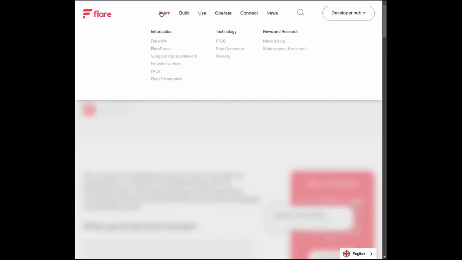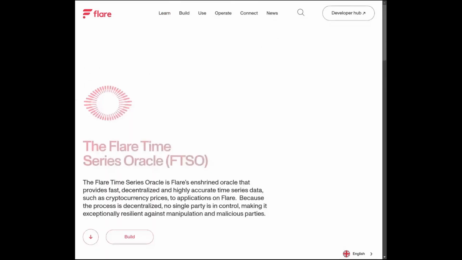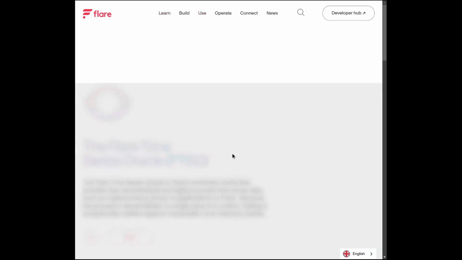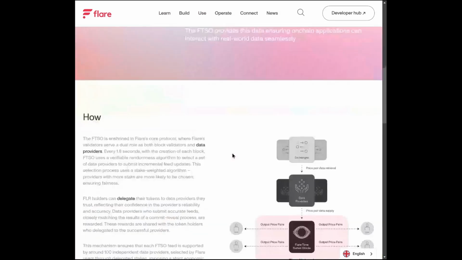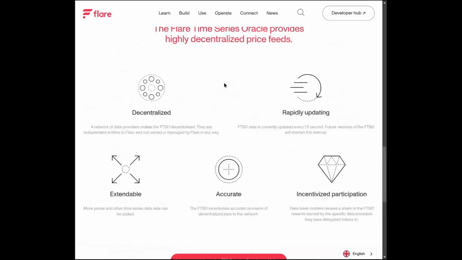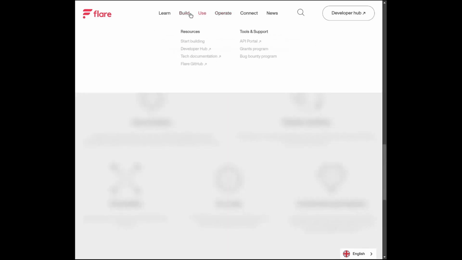And as you can see, you can have more reading on FTSO going to flare.network or the Flare Developer Hub, which I'll also share with you. You can read more about FTSO here and FTC to help fill in any